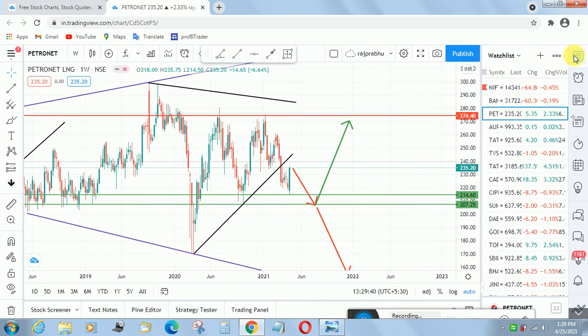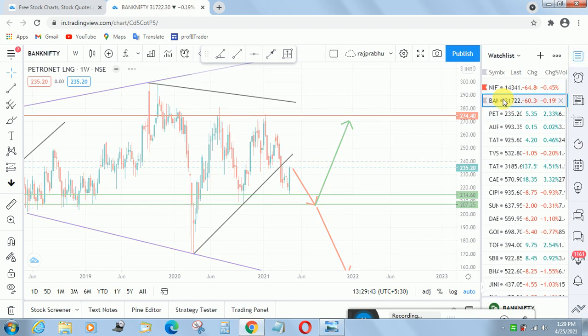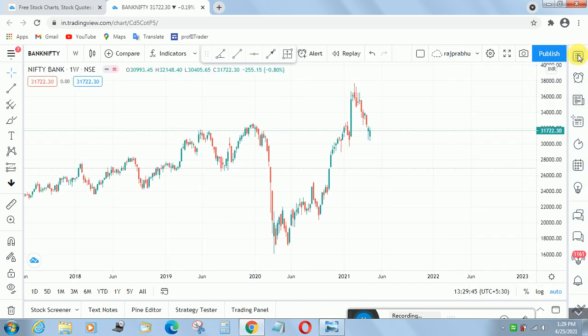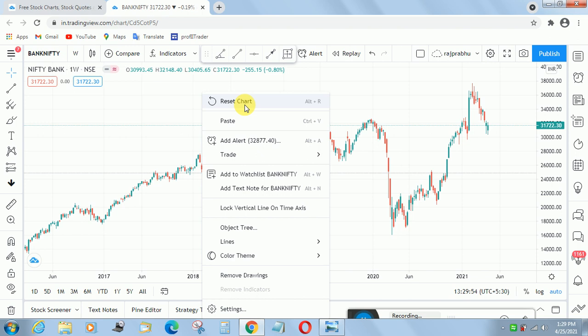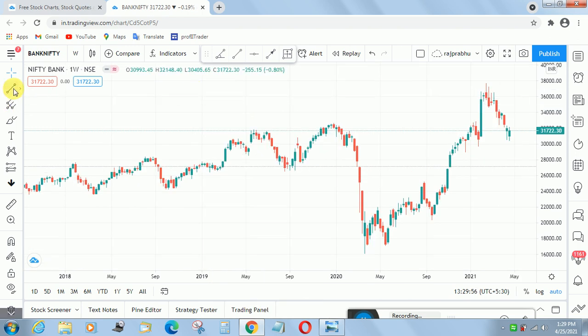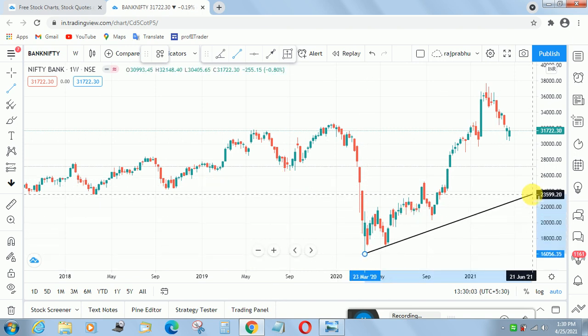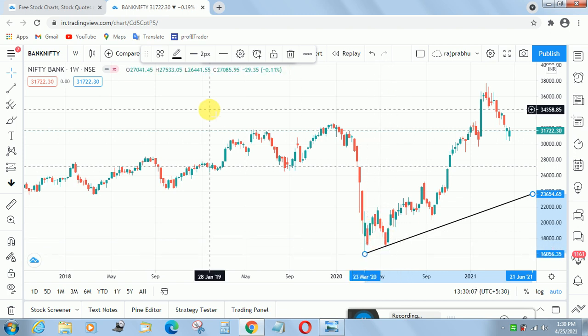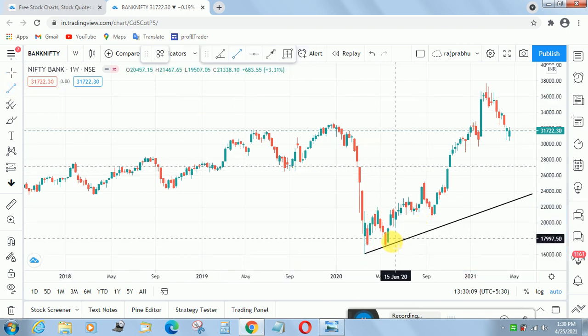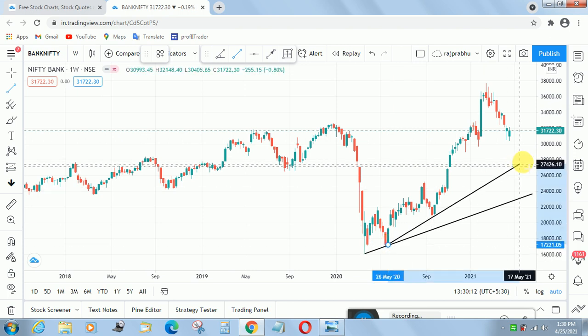See, I'm going to show Bank Nifty. Very simple, beginners can learn this technique freely. This is a paid course, but I am going to share this information with everyone for free. See, a trend line is connected from low to low. See here, first touch, second touch, this is a low, this is the major trend, and then I'm going to draw the minor trend.